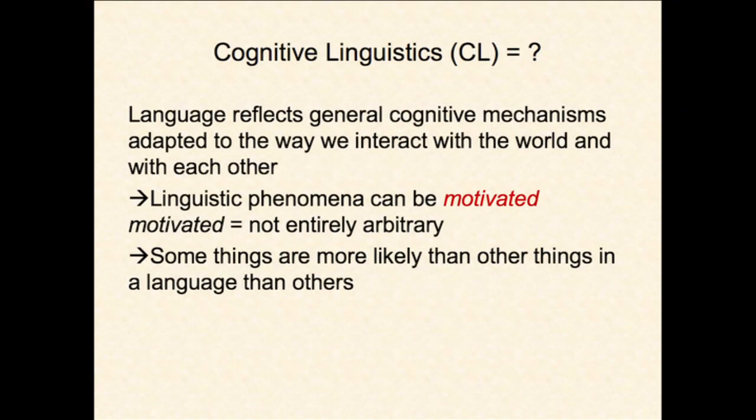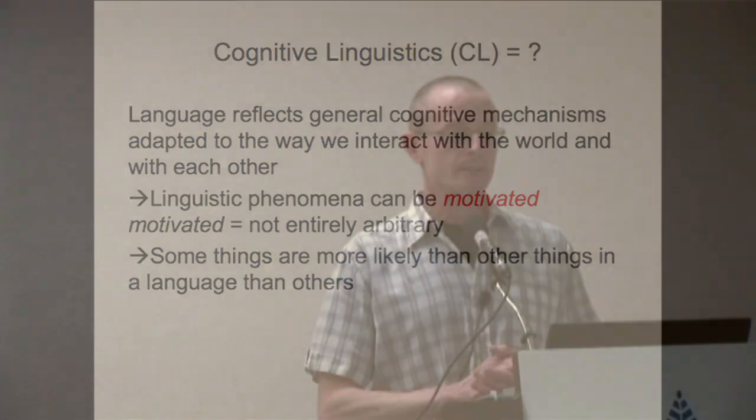There's no time to really give a comprehensive account of cognitive linguistics. It started in the late 1970s as a reaction against Chomskyan linguistics. And basically the claim is that language is not a separate module in the mind. It is a part of general cognition. And if linguistic phenomena are part of cognition in general, then maybe they are not as arbitrary as people used to think they were. Instead of arbitrary, they're thought to be motivated. So motivation here is a technical term that means not arbitrary.